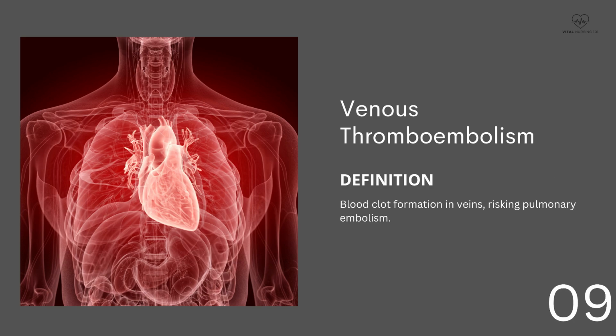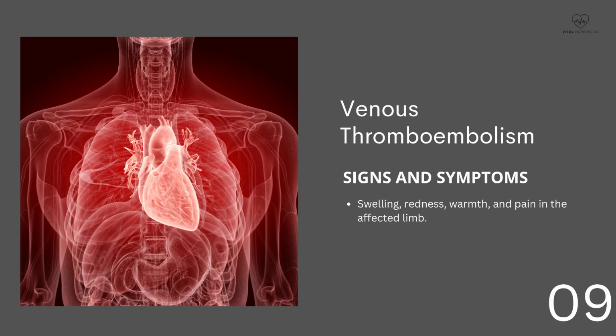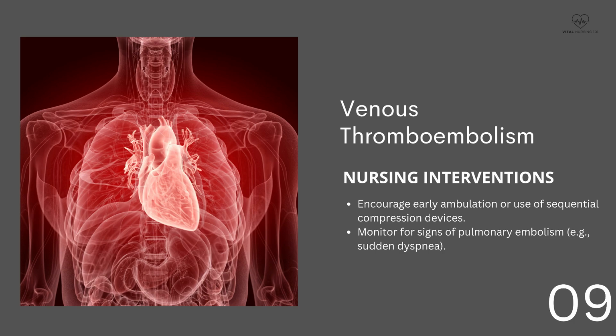Venous thromboembolism. Venous thromboembolism is blood clot formation in veins, risking pulmonary embolism. Signs and symptoms include swelling, redness, warmth, and pain in the affected limb. Treatment includes anticoagulants such as heparin, warfarin, and thrombolytics. Nursing interventions are to encourage early ambulation or use of sequential compression devices, and monitor for signs of pulmonary embolism